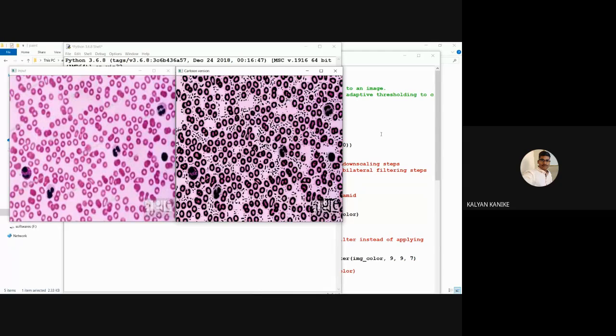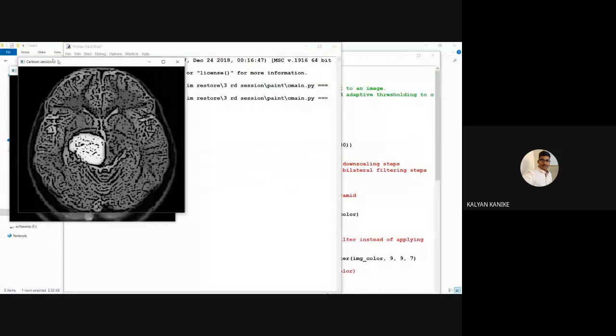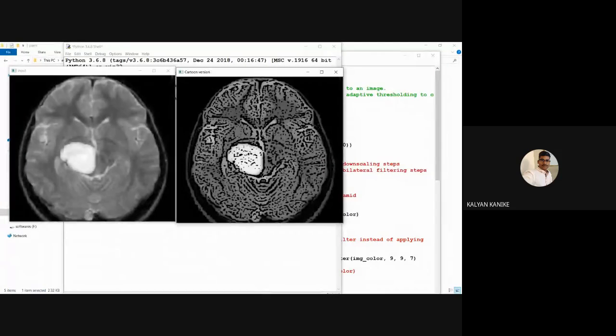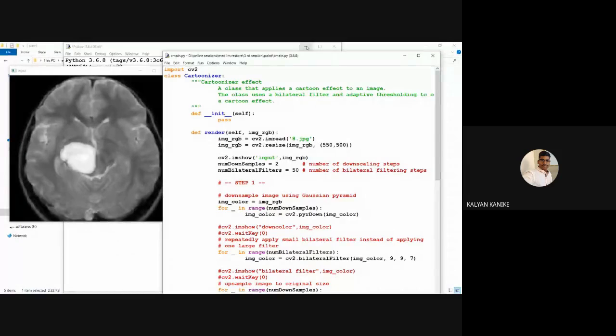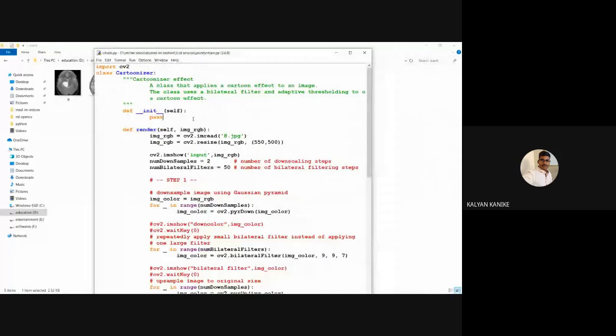So for this image, or else we can go with 8.jpg also. So here you can see. So especially this system we will use to find out the nerves and veins in our body. Okay, so here how to find out this information means here